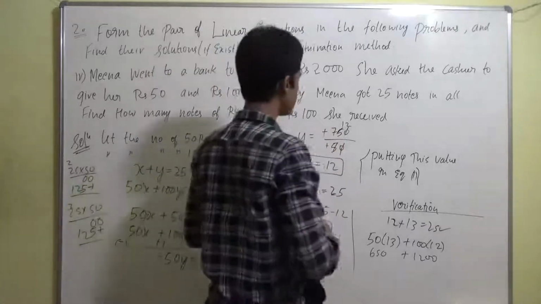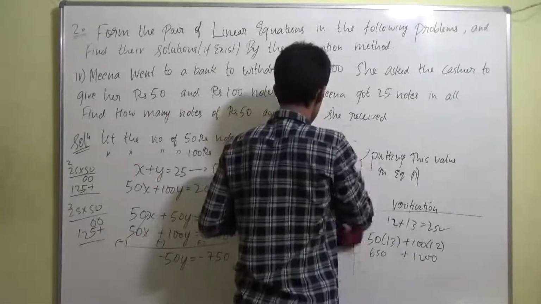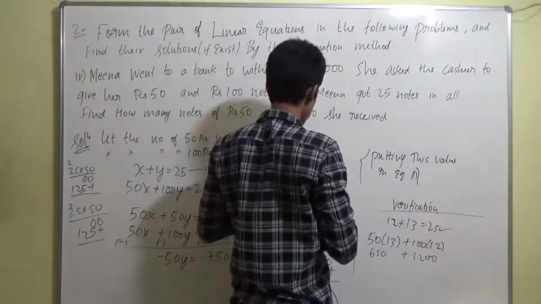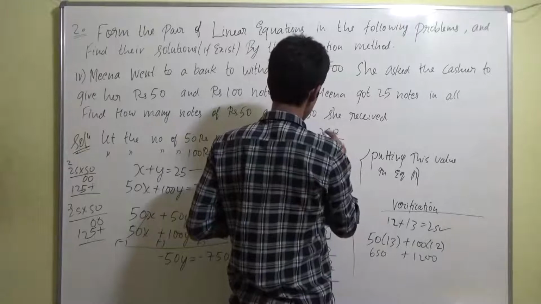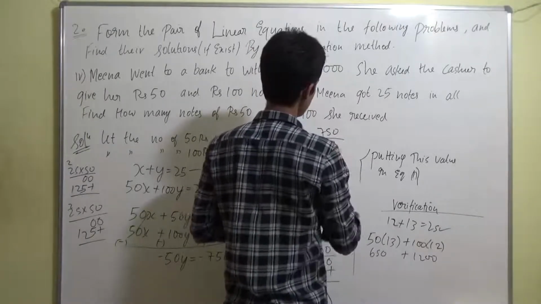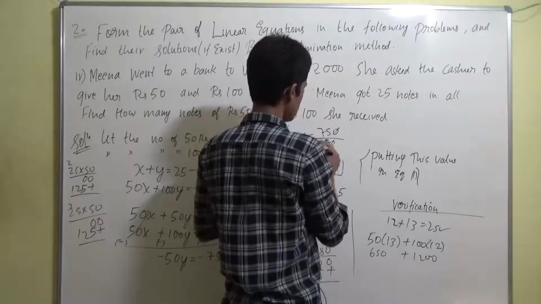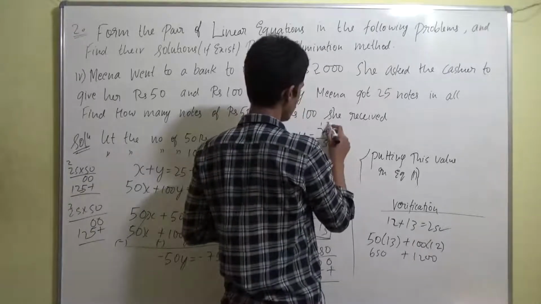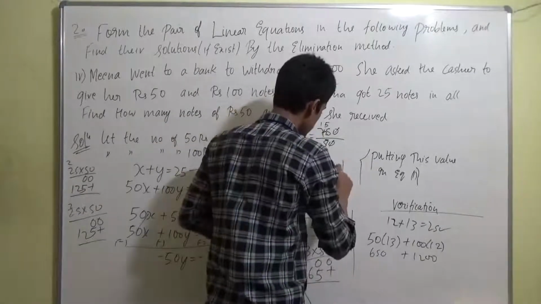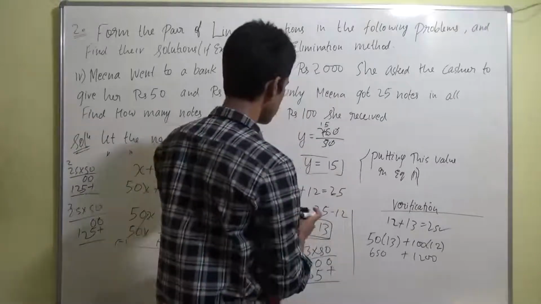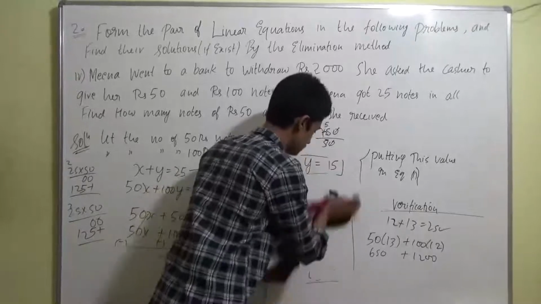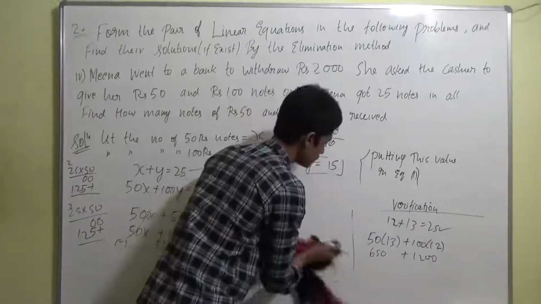Here we did a mistake in the division. Okay, the value of y is not 12. The value of y is by 50. No, it is not 12. It will be equal to 0, 0 will get cancelled. Here it will be 1, 2, 5. It will be 15. The value of y is going to be equal to 15. So here is where I went wrong. And the value of x we are going to get as... that's what I was thinking, where we went wrong.